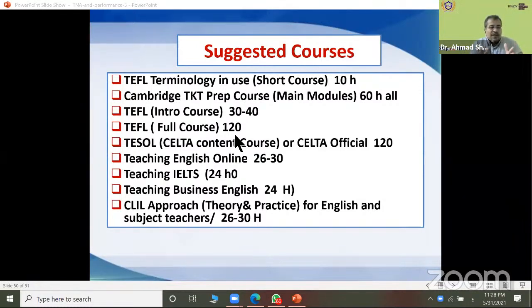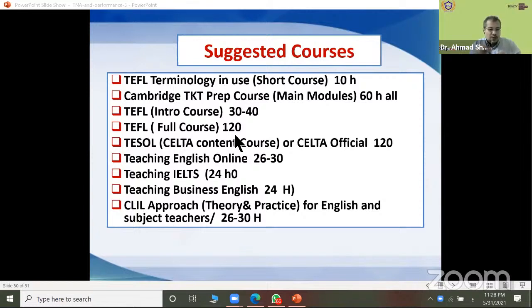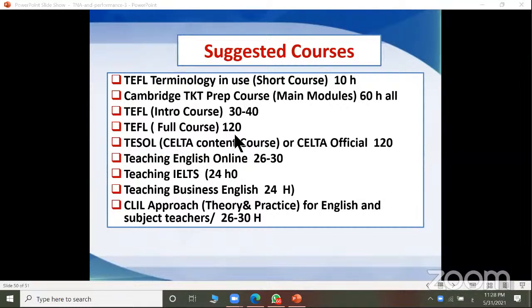You know the methodology well, but I need to help you focus on certain techniques, certain items of the exam, and how to help the learner pass this skill. Okay, but most courses are 30 or 35 hours for teaching IELTS. Do you think it's enough for the students to make sure that they can get the band score they want?